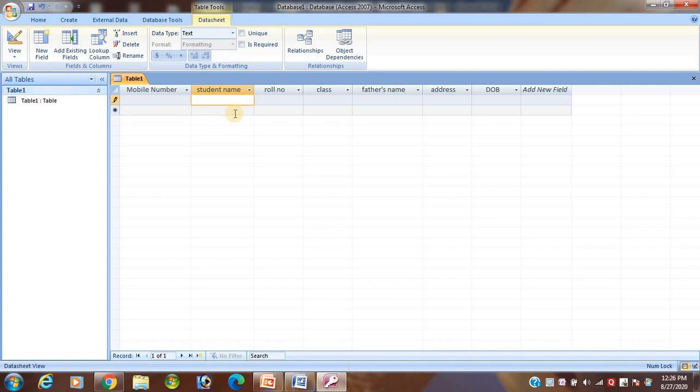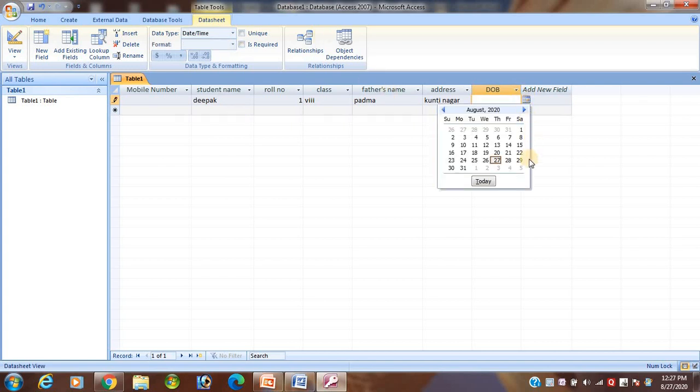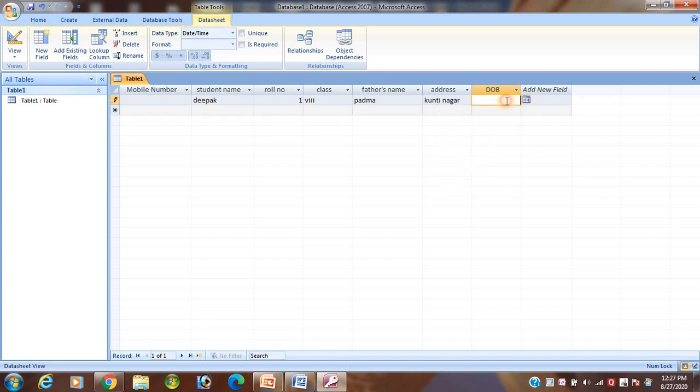Suppose I want to give here Deepak, roll number suppose 1, class 8, father's name suppose, address suppose Kuntinagar, date of birth here. See here student, click here, suppose I want to specify the data type here.